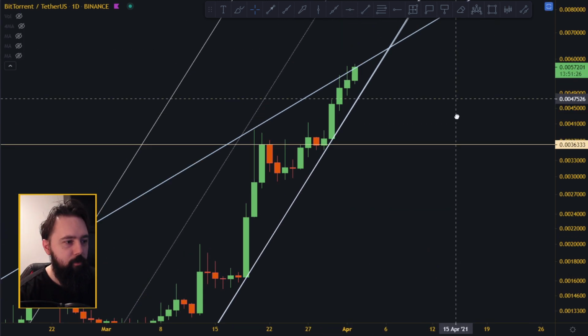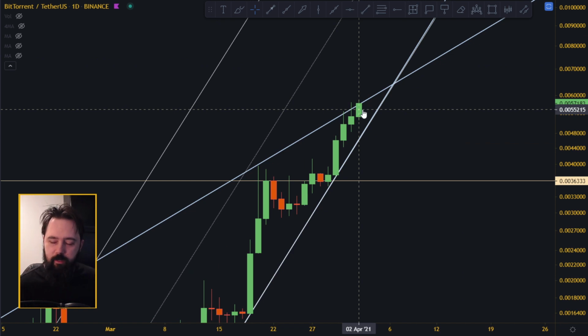And that's the one that we have to be worried about, because you should only go down to the 1 hourly chart or 5-minute chart or something like that just when you're about to buy in. But you know that you're about to buy in when you're looking at the weekly and the daily chart.